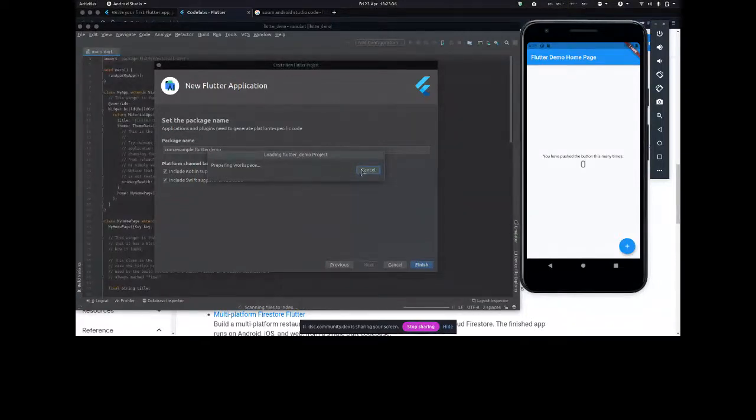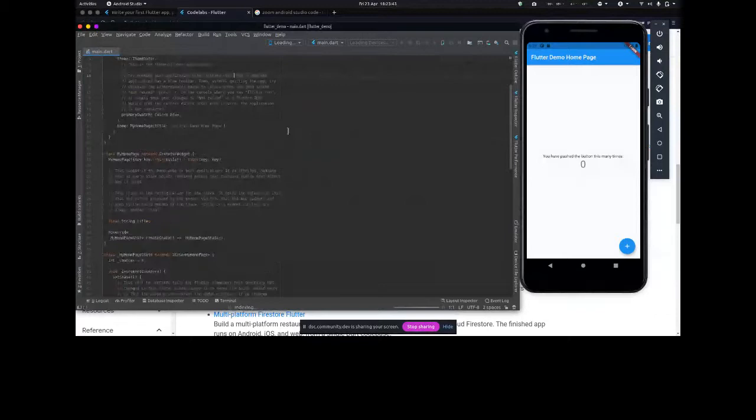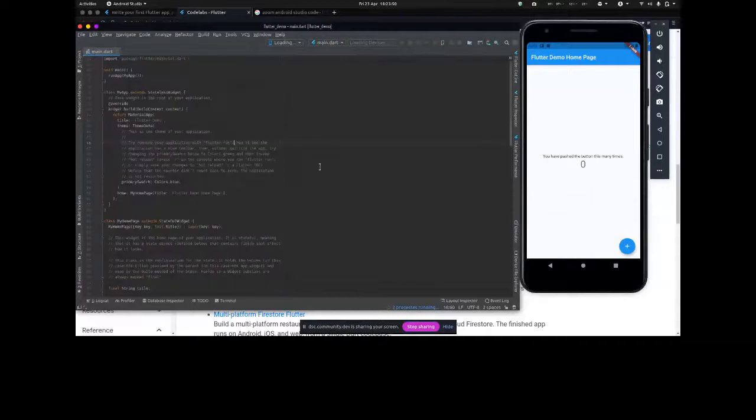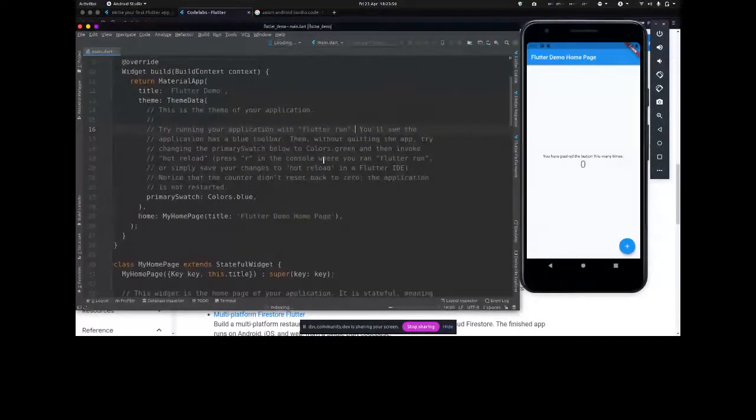Okay. Right here. Once you start a Flutter application, it comes with boilerplate code, which will help you get started with the